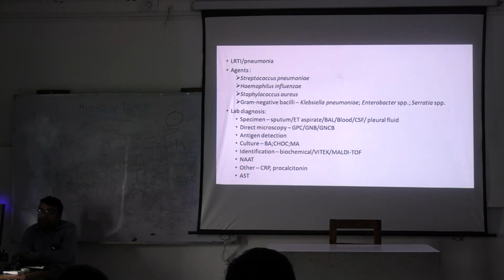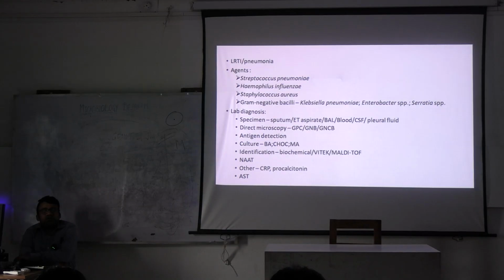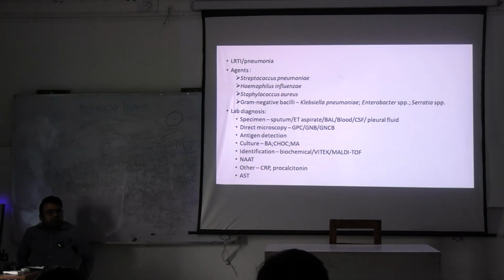Coming to laboratory diagnosis, what could be the specimen that you will be interested to collect? Most commonly, if the child is able to provide sputum sample, that would be the best sample. But suppose if the patient has respiratory failure, the patient may be intubated. At that point of time, we may have to go for invasive sampling like endotracheal tube aspirates, and if bronchoscopy is done, bronchoalveolar lavage. Sometimes in very small children we may even go for gastric aspirate, because in small children they swallow the sputum. Okay, so gastric aspirate may be collected.